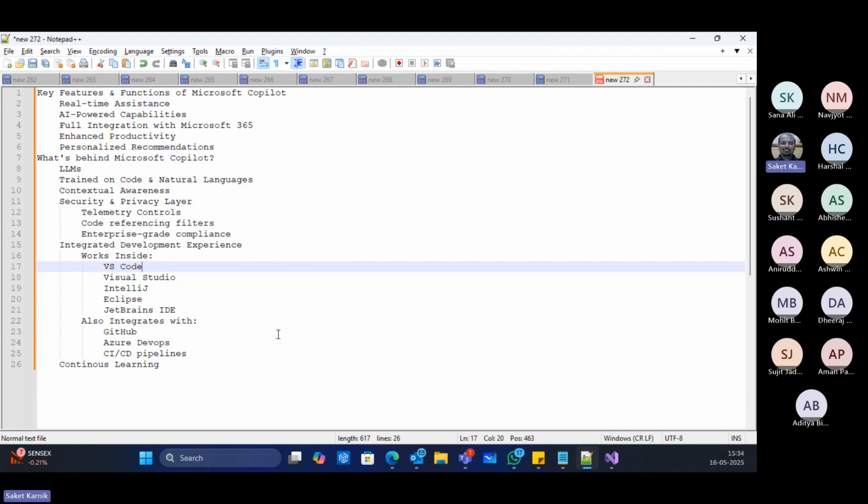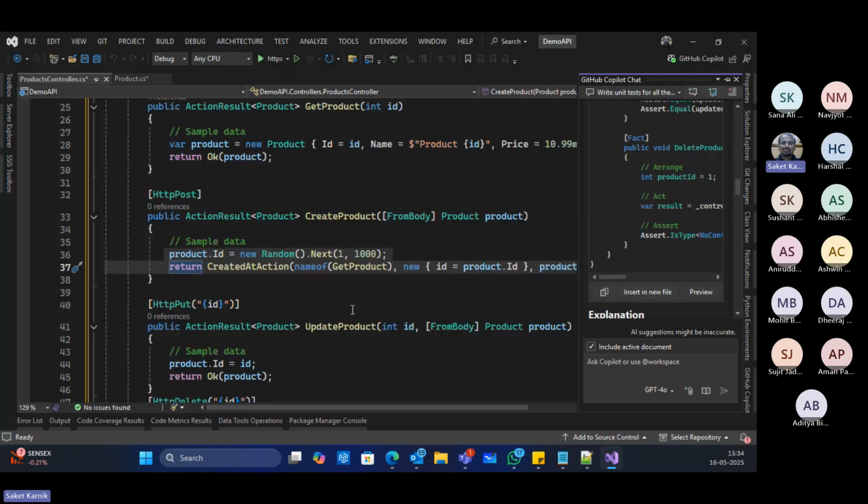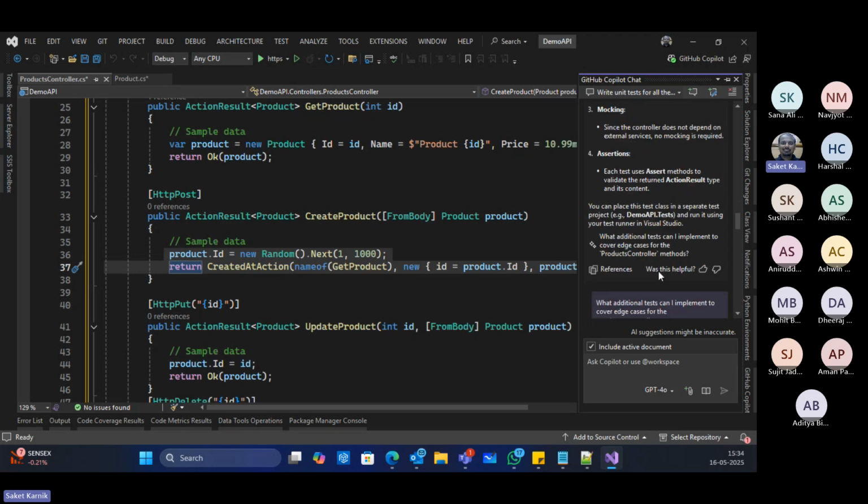Continuous learning, this is anyways for GitHub Copilot itself. But it's the learning for us also, right? With all explanations and everything, I can easily understand what's going on.